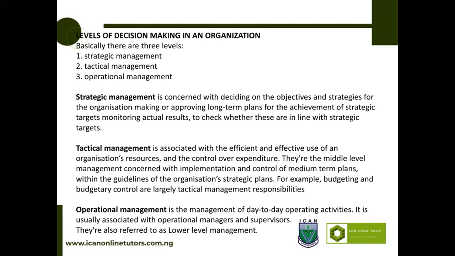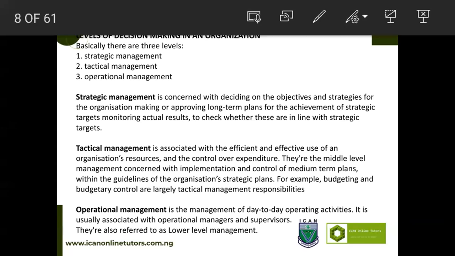They can ask you what are the three types of decision making in an organization, or what are the levels of management in an organization, or who are the decision makers of an organization. Basically, we have three levels